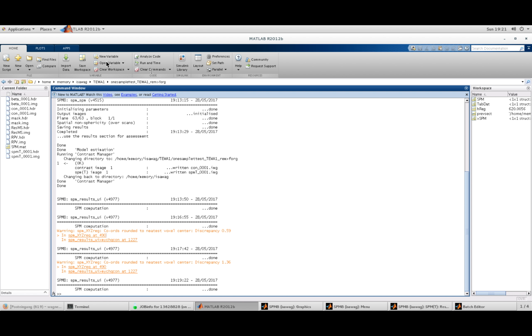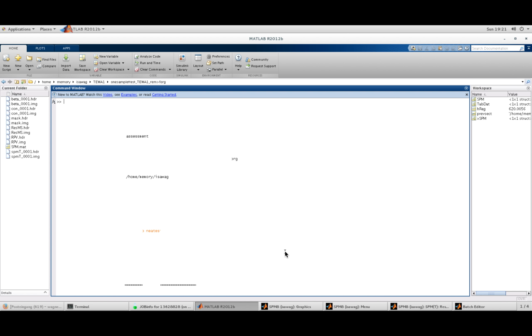Here we find a lot of stuff that SPM prints to the command line, so you can also just clear it. It's fine. And then we have to add this script to the path so that MATLAB can find it. Just ignore this here, this is a screen error from Linux. In my case, this is located in home, memory, in MATLAB,